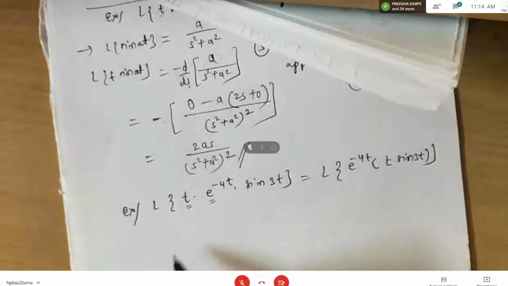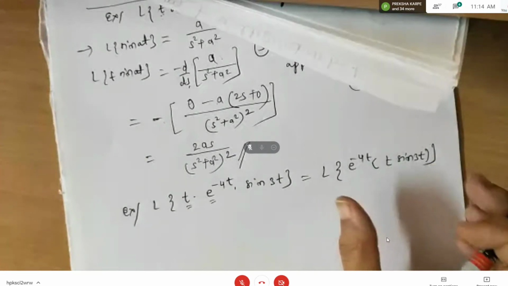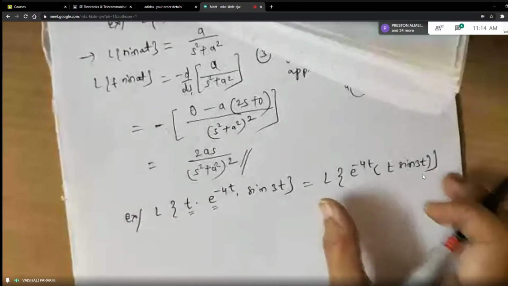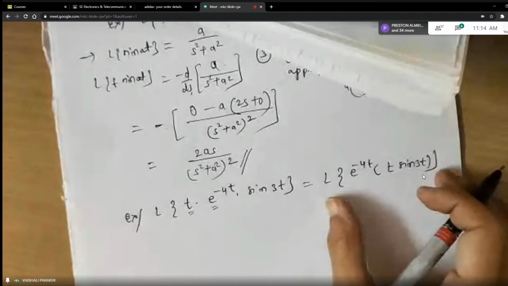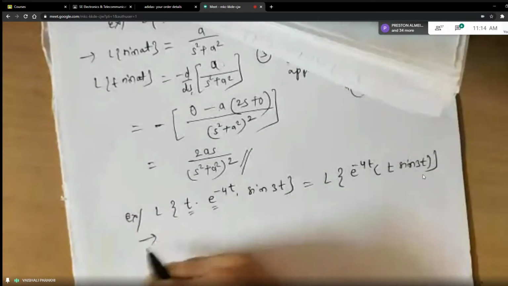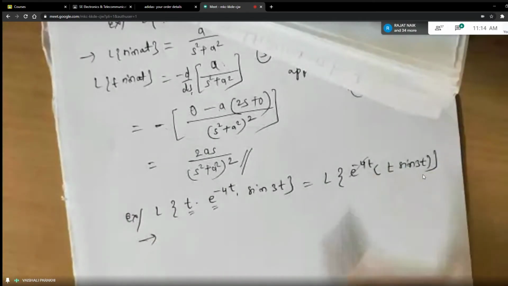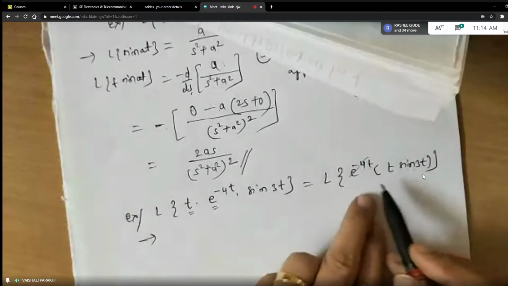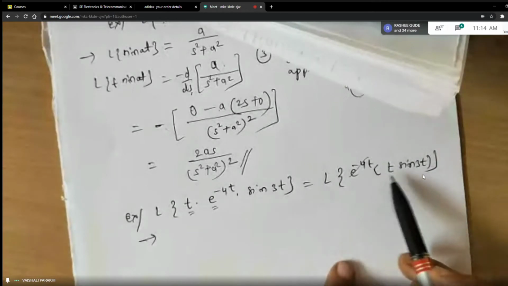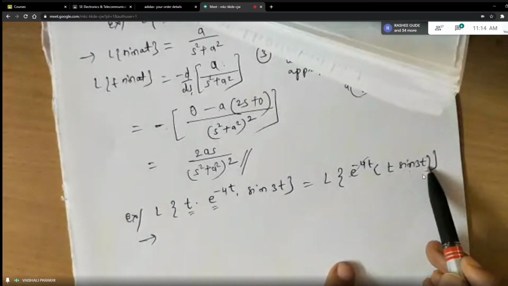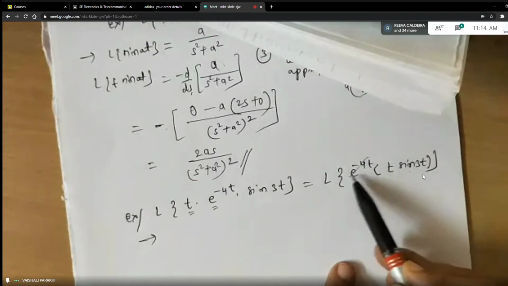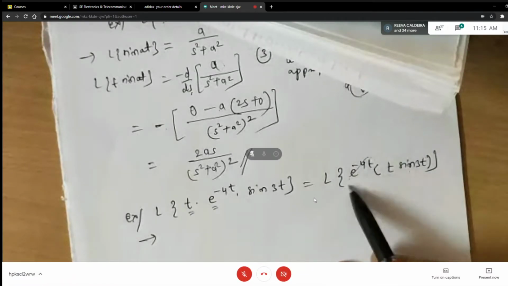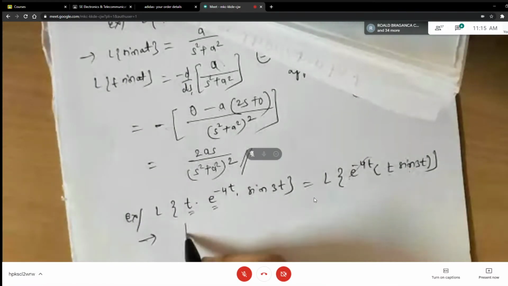Now, what is my first step? This function will behave as the first shifting property in the first step. So my first step is I'm ignoring e raised to minus 4t. All of you understood, students, the same function I wrote, but just for better understanding, I'm putting brackets for t sine 3t. That's all. So first I'm ignoring this term e raised to minus 4t and I'm finding Laplace of